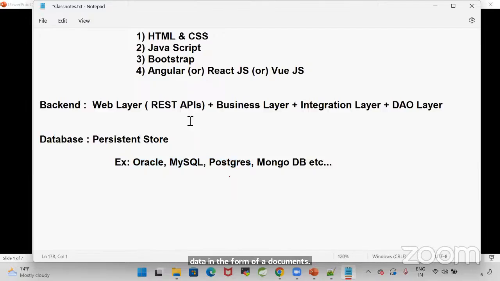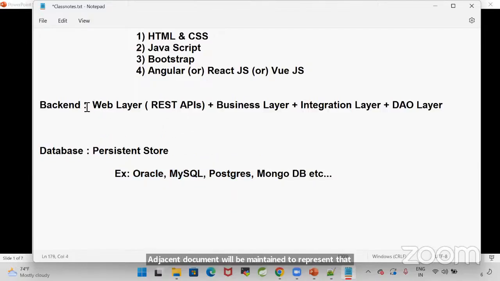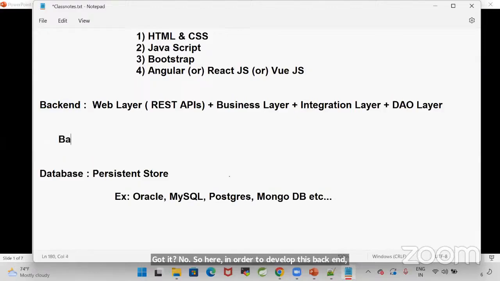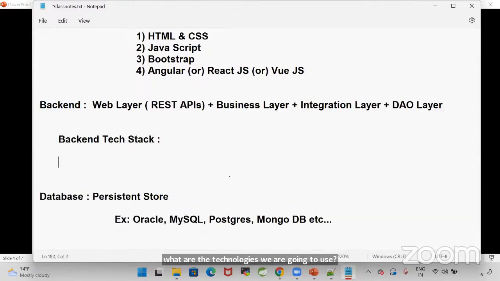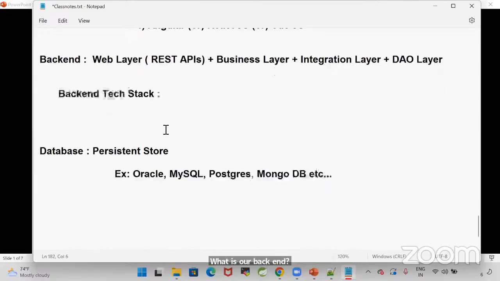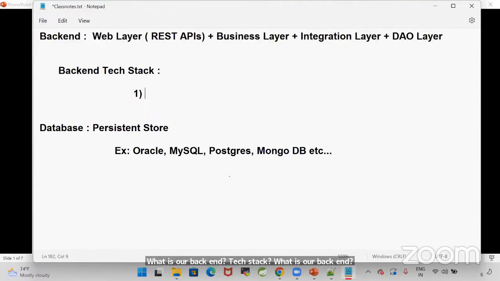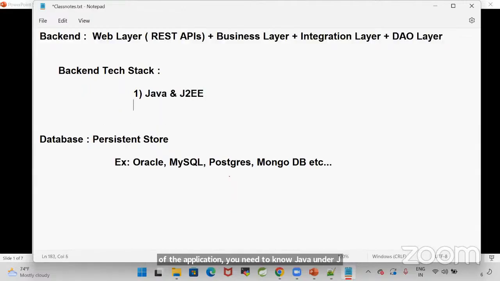Got it? Now, sir, in order to develop this backend, what are the technologies we are going to use? What is our backend tech stack? If you want to develop the backend of the application, you need to know Java and J2EE. Java concepts and J2EE concepts are required.